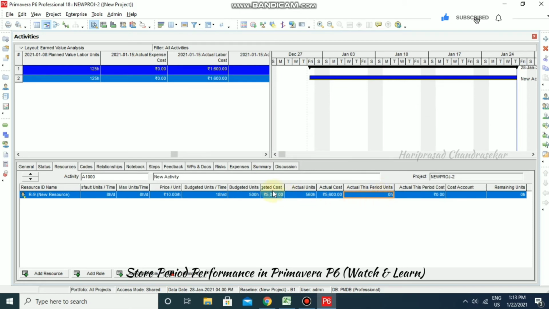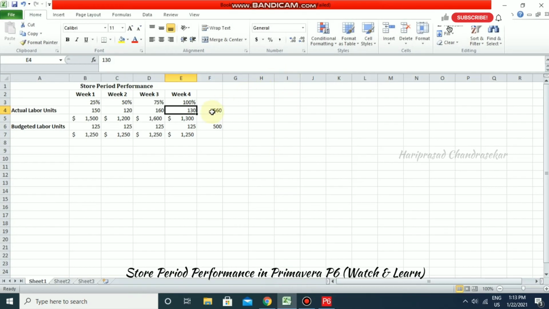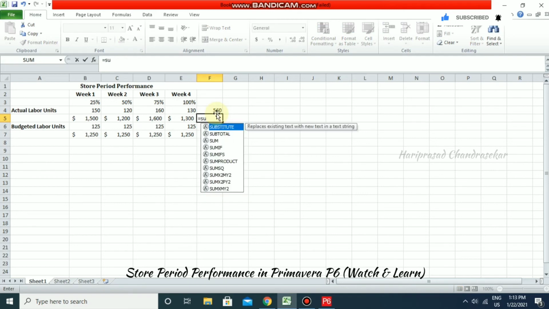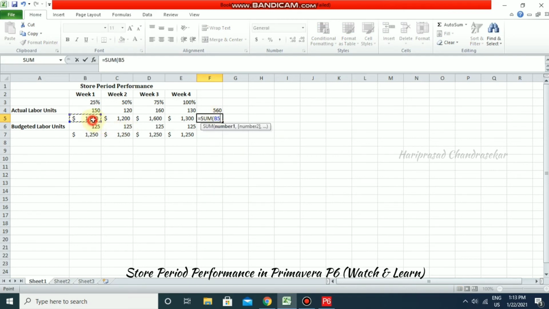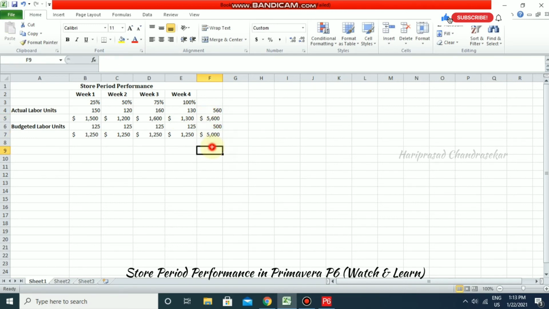Now we can see a budgeted cost 5000, actual cost 5600, and budgeted unit 500, actual unit 560. So this is what I have calculated already. So everything is getting matched. So for the same you can put here also. So sum of all those, and here I'm just going to put, see here we have budgeted unit cost 5000, actual unit cost 5600.